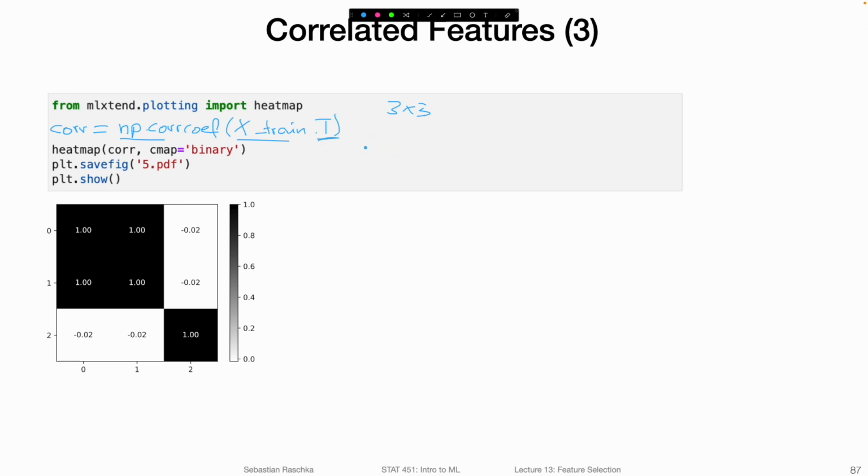So what I usually do in practice after transposing is look at the shape of the correlation matrix, just to make sure the shape is the number of features times the number of features. In any case, looking at the correlation coefficients here, we can see, of course, that the diagonal is always 1.